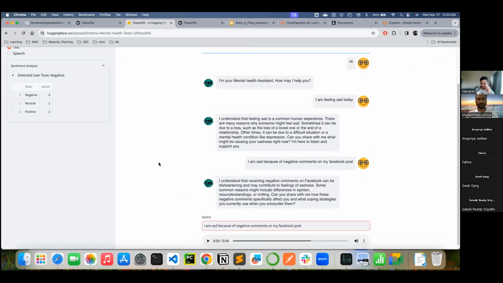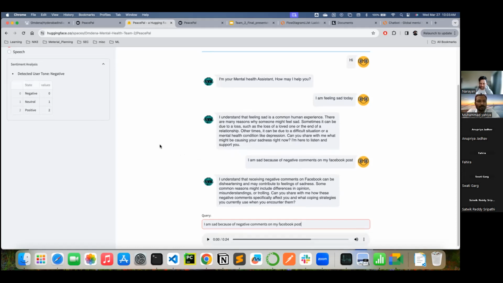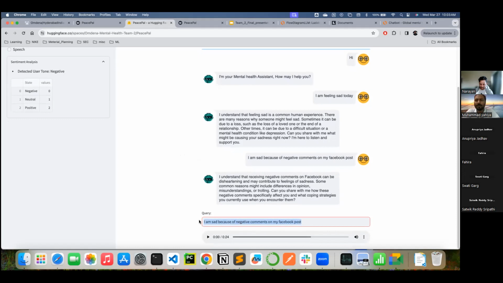I'll stop for a minute in case anyone wants to provide feedback or suggestions. As I said earlier, we wanted to implement a feedback loop using reinforcement learning. That is completely new for me and for the team as well.